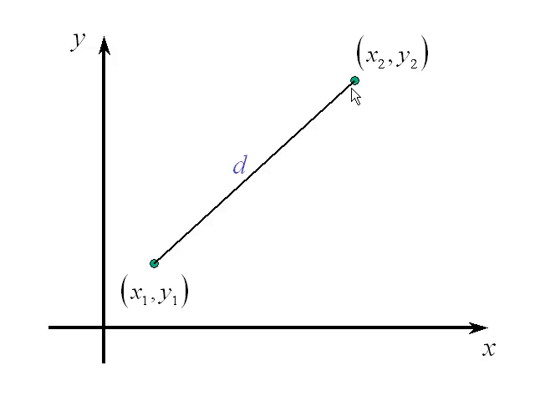Let's use that to apply this to a fact about triangles. This is a trigonometry course, and it's supposed to be about triangles. So let's make a triangle from the fact as given that there's a point in the plane and another point in the plane, so a pair of coordinates and a pair of coordinates, and how far it is from one to the other is the distance, d. Question is, how is d related to these numbers, x1, y1, the coordinates of the lower point, and x2, y2, the coordinates of the upper point?